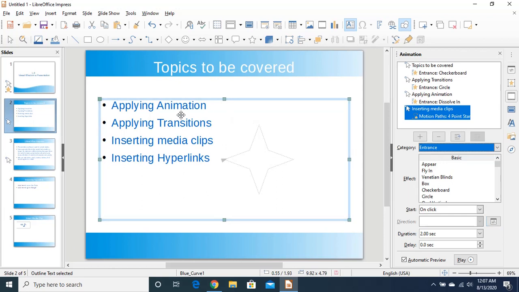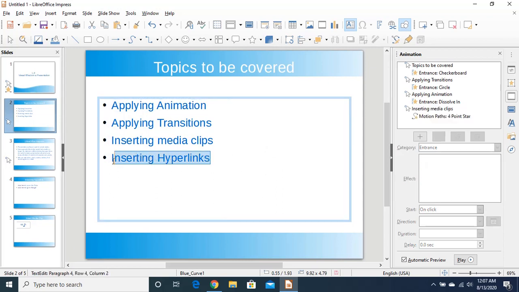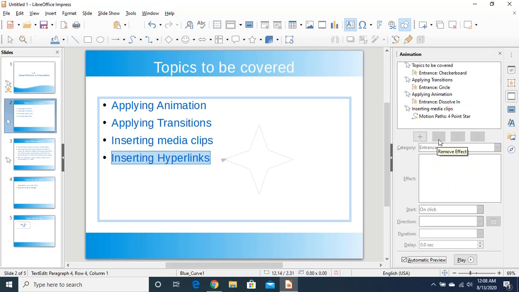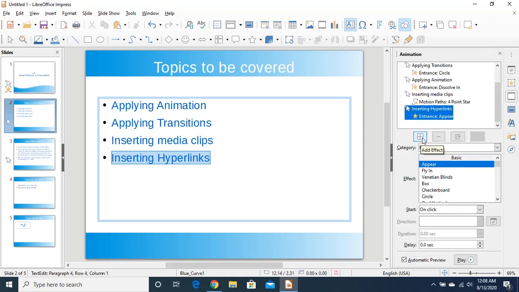Let me show this to you. Suppose I have selected this one, inserting hyperlink, then add effect, and suppose I want to use the exit effect, right?